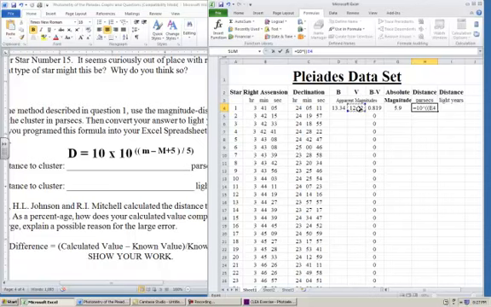So I'm going to click on this cell, and then I'm going to say minus my absolute magnitude, this cell, and then I'm going to say plus 5. Kind of weird. I'm going to end my first set of parentheses, and I'm going to say divided by,